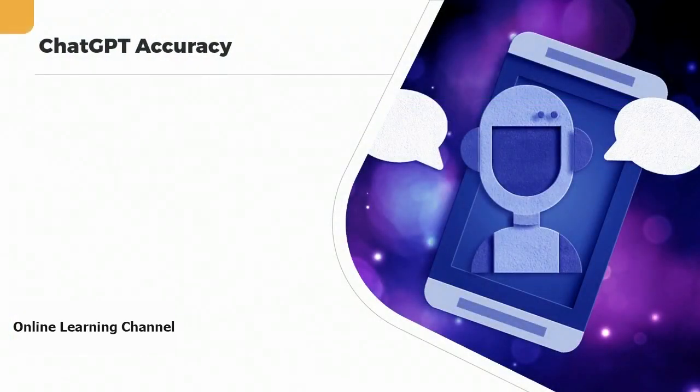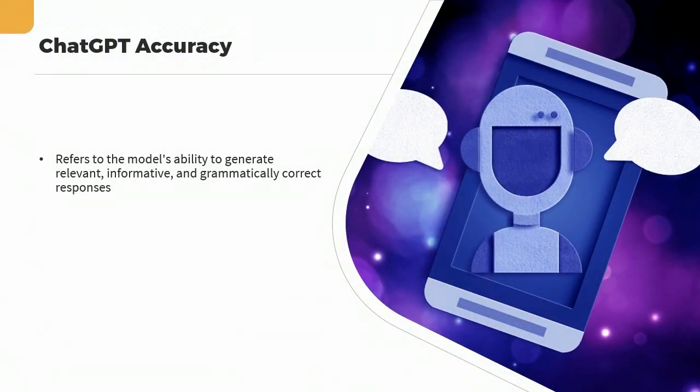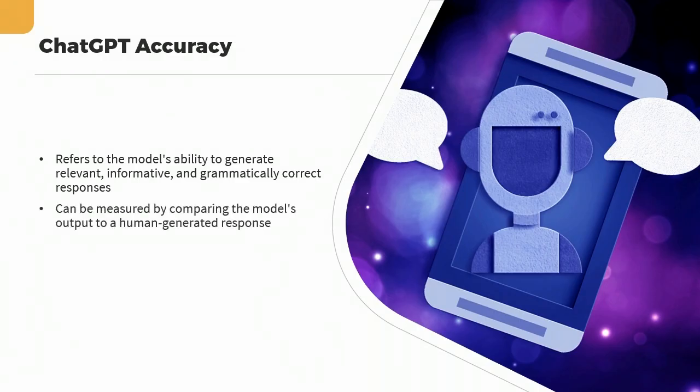When interacting with ChatGPT, accuracy refers to the model's ability to generate responses that are relevant, informative, and grammatically correct, based on the input it receives from a user. Organizations and developers can measure model accuracy by comparing the model's output to a human-generated response or to a set of predefined correct responses. For example, if a user asks, "What is the capital of France?" and ChatGPT responds with Paris, then the model is said to have achieved a high level of accuracy for that